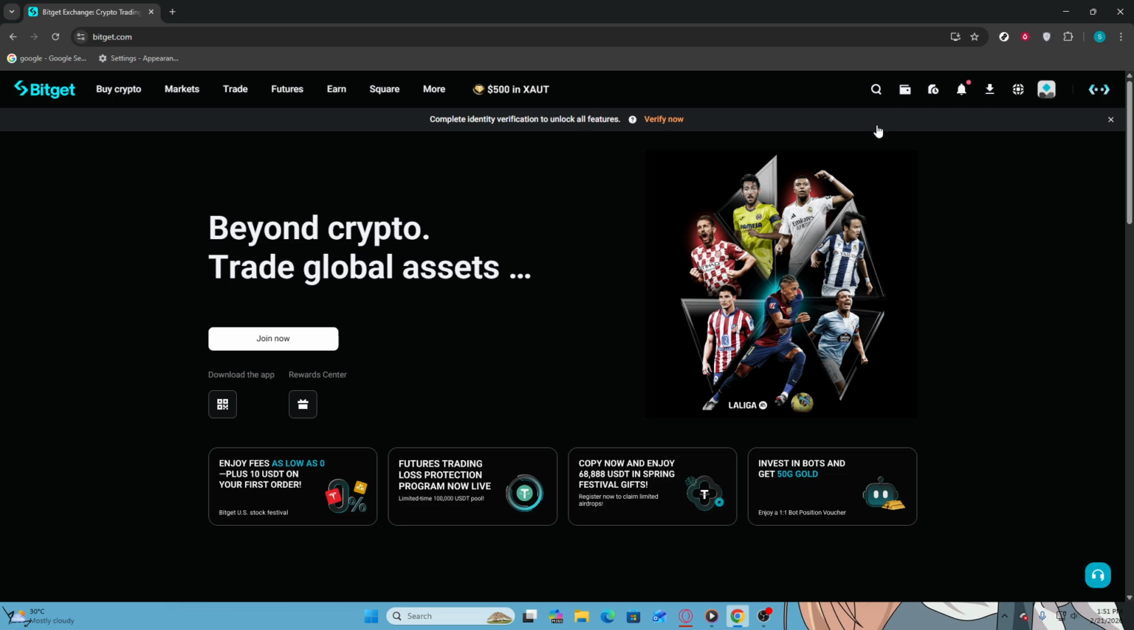Begin by navigating to the Bitget website. Open your preferred web browser and enter the Bitget URL in the address bar. Once the page loads, you will see the main interface of the Bitget exchange, which features various trading options and